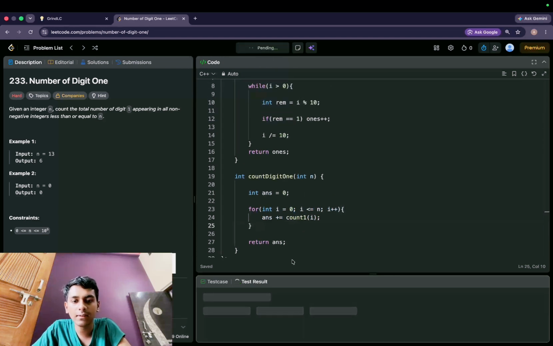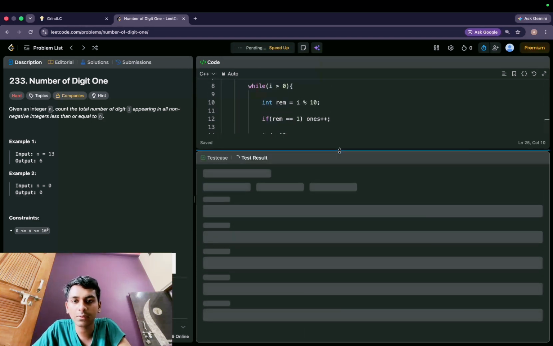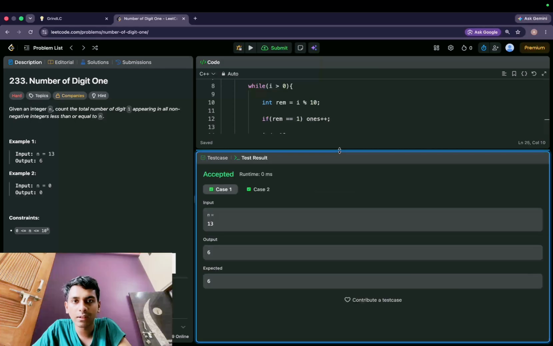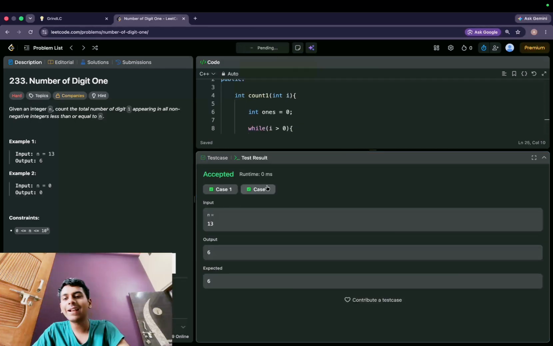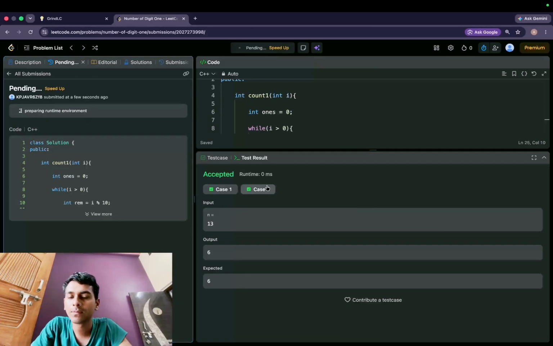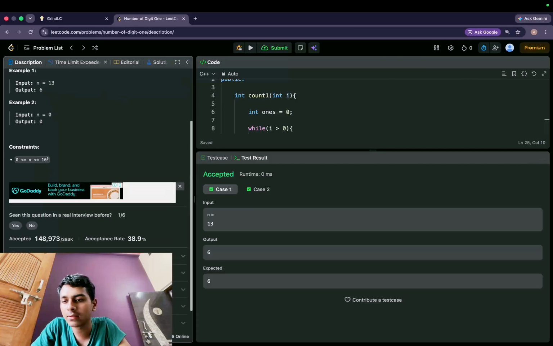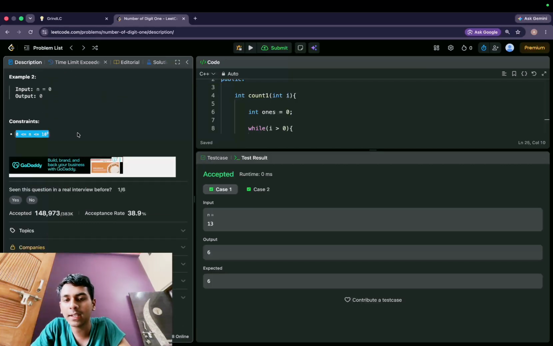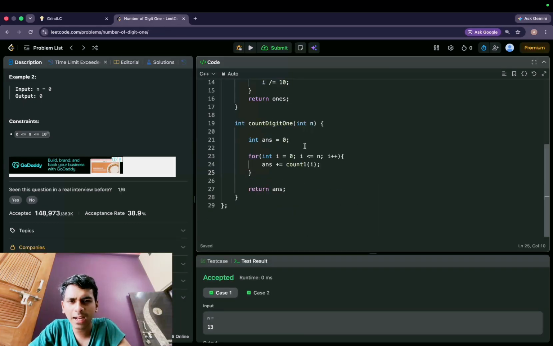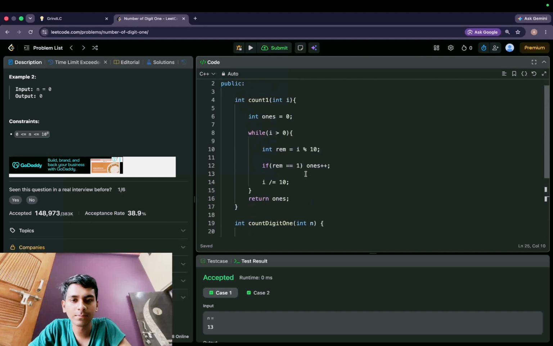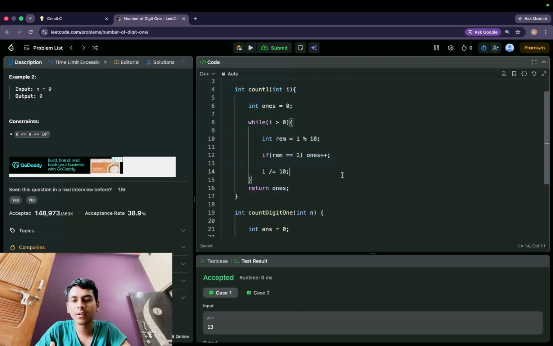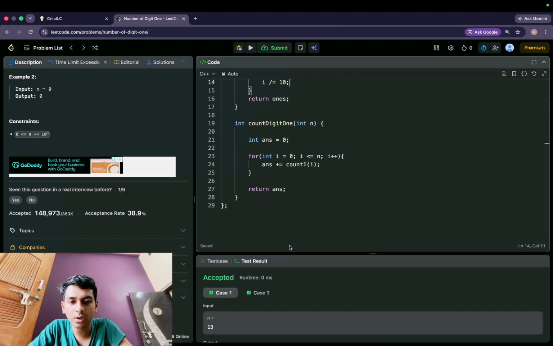Let's run this. This will pass the test cases, I think. This does pass the test cases. I'll submit this, and this gives a TLE, so we hit the time limit because I'm doing it for all the numbers, and the time limit has been exceeded on the 35th test case out of 38. Now why does it happen? Our constraints are from 0 to 10 to the power 9, and the number of allowed operations in 1 second is only about 10 to the power 8, and our time complexity is O of n, and it will not pass because this operation also takes around 5 to 6 operations. So this is not going to pass.